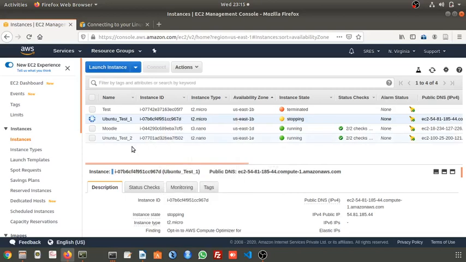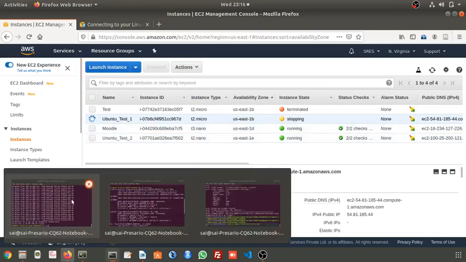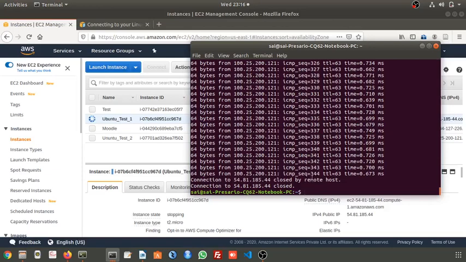Okay, so we'll try to establish a connection from this Ubuntu test 2 to this one. Already this connection is lost here. I will try to establish the connection.